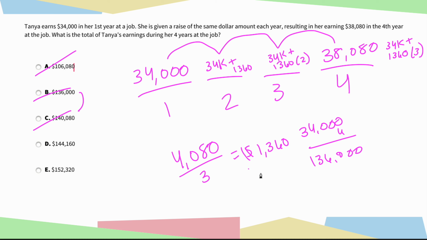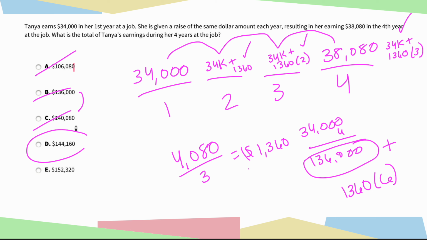I like to use mental math here. So I'm thinking, okay, it's the 34K base for years 1 through 4, so that's my $136,000. And then I'm adding on this 1,360 how many times? Well, 1 time here, 2 times here, and 3 times here. So that's a total of 6 times, right? If I plug that into my calculator, I get a total of $8,160 that's going to be on top of the $136,000, which gives me a total of